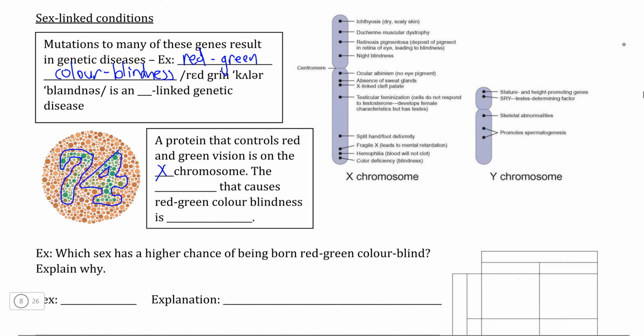I have no idea what red-green colorblind people would see in this because I'm not red-green colorblind, but what they would not be able to do is distinguish any noticeable difference between the green in the foreground and the red in the background that we see here. This condition is what we call an X-linked genetic condition because the gene that influences red-green color blindness is found on the X chromosome. Now, if a person received a normal X chromosome, such as me,